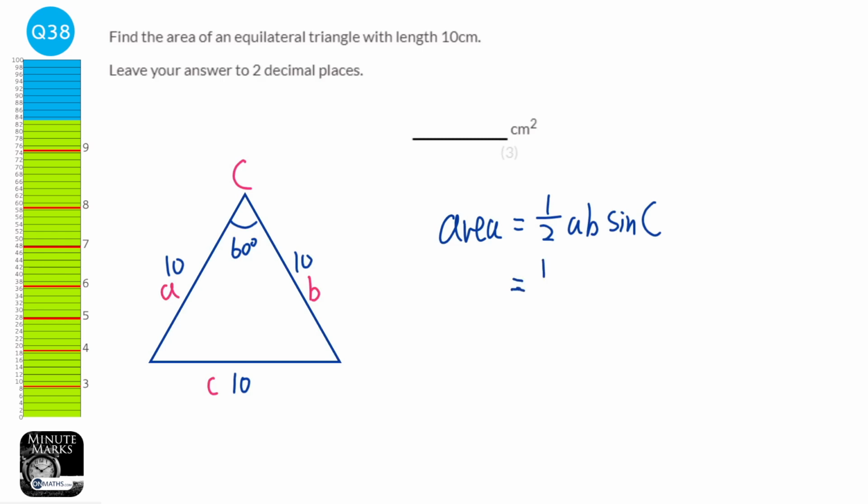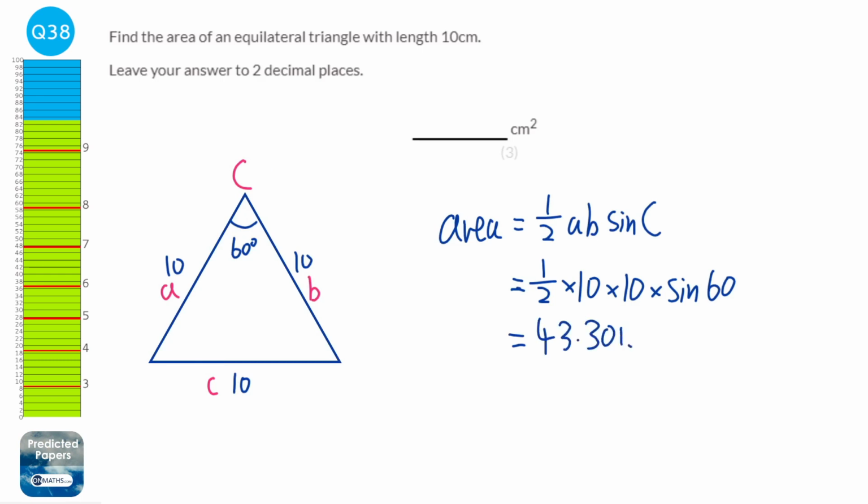So let's put that into our formula. Little a is 10, little b is 10, and sine C, which is 60. So with a, b and c, it doesn't matter what you label a, b and c, as long as the angle is opposite the side with the same letter. The angles are all capital letters, the lengths are all lowercase. Okay, so let's put that into our calculator and we get the answer of 43.301 and so on. It wants it to 2 decimal places, so that is